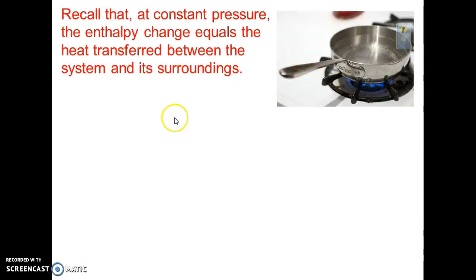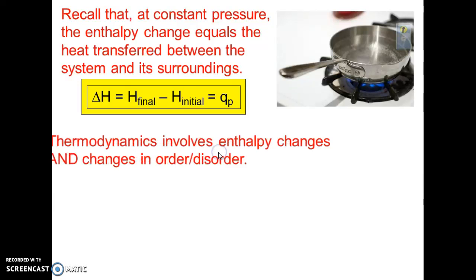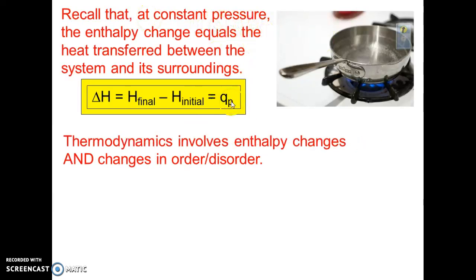So just a quick review of the materials from chapter 5. Remember, at constant pressure the enthalpy change equals the heat transferred between the system and the surroundings. So delta H equals the enthalpy of the products minus the enthalpy of the reactants, and that's going to equal Q. As long as we're at constant pressure, then that's just mC delta T. Okay? Now, thermodynamics is different than thermochemistry. All we cared about was the energy change. Well, there's another energy change that occurs, and that energy change is accompanied by a change in what we call